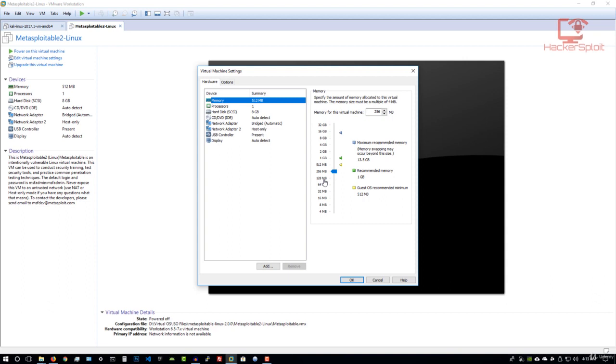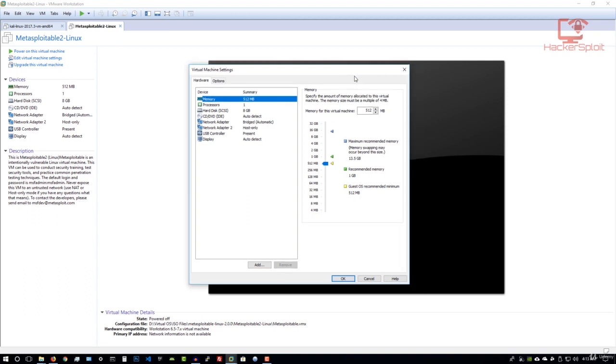So again, feel free to change it to even 128 megabytes, because if you're the only one using it, you don't need a lot. And don't worry about the recommended settings, because as you can see, it's going to give you recommended suggestions dependent on your memory configuration. So I like leaving it at 512 because I'm usually testing it with a few other friends of mine,